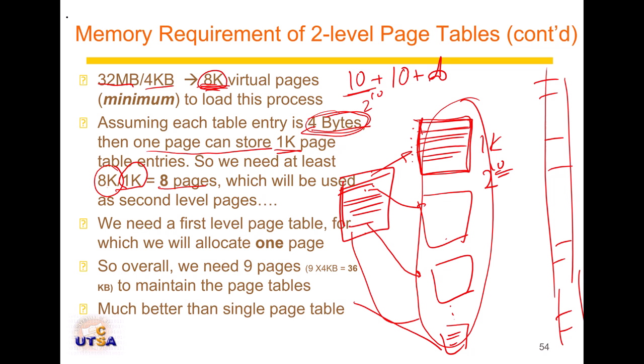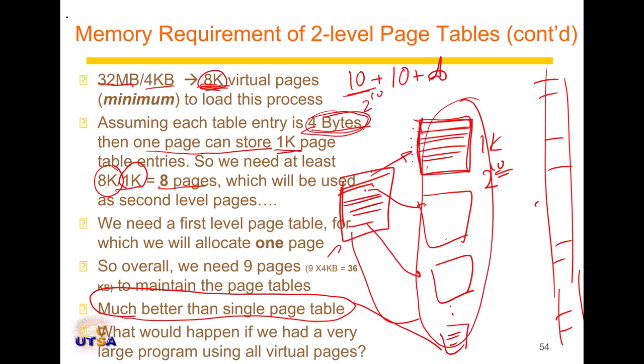Because now in this case I have to access this table, then I have to access this table, and then finally I need to access the actual data or the instructions. So that's where the trouble is, basically. So anyway, overall this gives us much better space utilization compared to a single level paging at the cost of